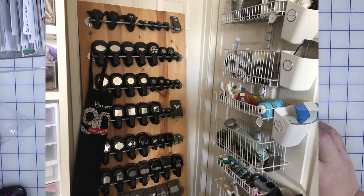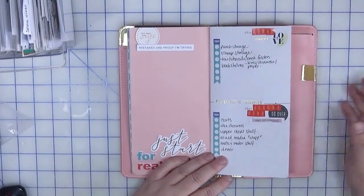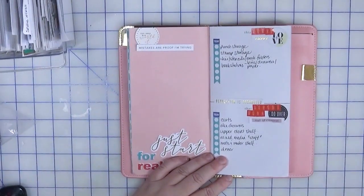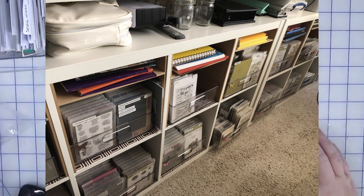It works wonderfully. When that maxed out, I added an over-the-door bin system to the door into my craft room, and I have punches stored there as well, and that has worked really, really well. I absolutely love that system. My stamp storage is basically modeled after Jennifer McGuire's system of using envelopes and bins. I use the divided InterDesign fridge bins that hold stamps on both sides. I use a combination of pockets as well as DVD cases, and I put those in my Calyx units that